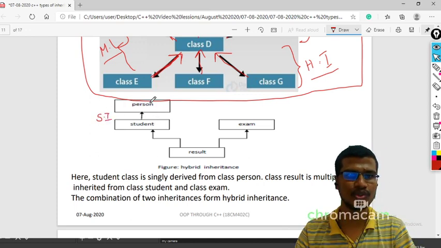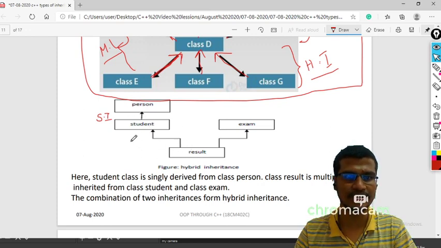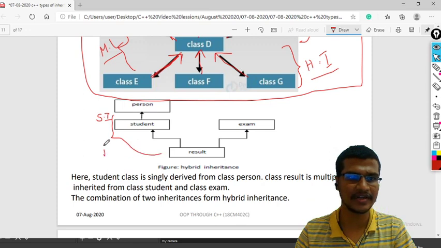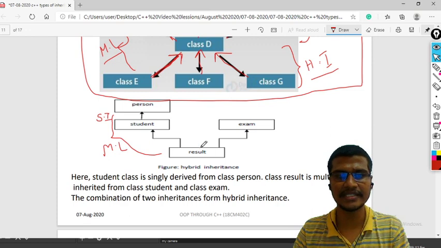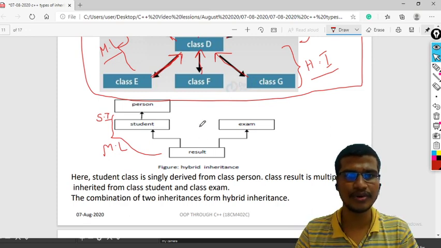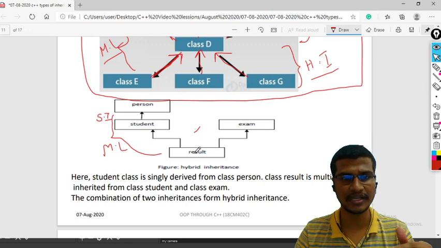Student is derived from this person, and result is derived from this student. This is level by level, right? So person, student, result: what type of inheritance is this? Multi-level inheritance. And this result is a class derived from both the student class and the exam class. This result is a class derived from two or more base classes.